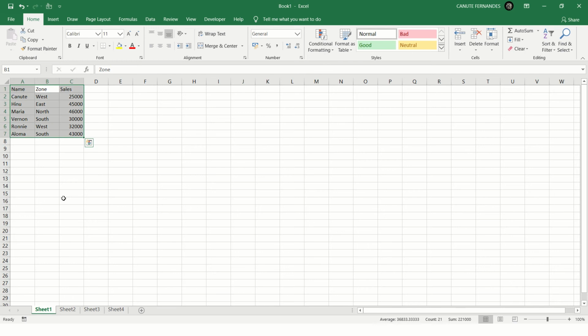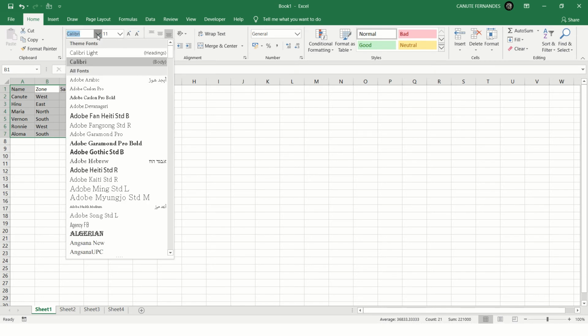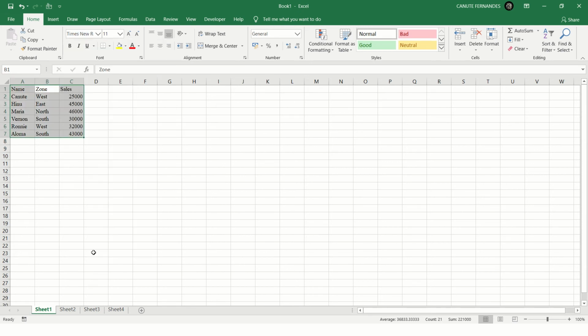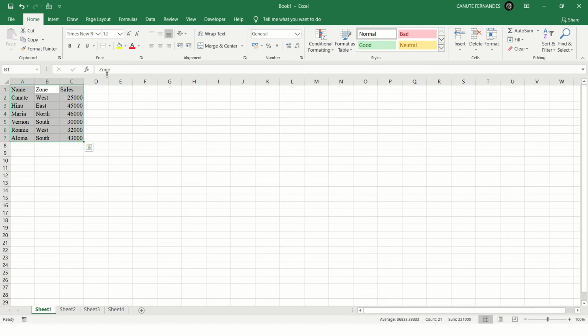I just simply click all. Now to get you familiar with the functionality, I'll just do it manually. I'll take you to a couple of shortcuts in the next video or as we proceed. So I need to change the font to, let's say, Times. Times is one of my favorite fonts. All right, font size, let's say 12,